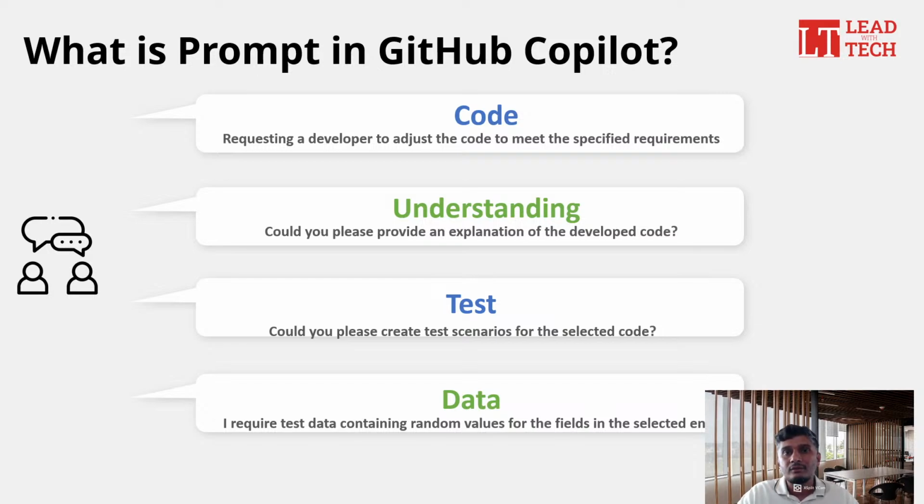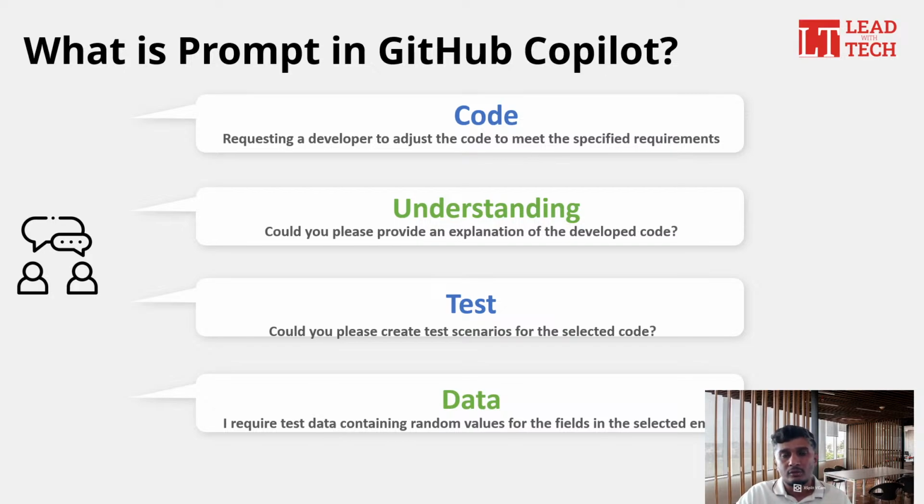And you will also use other developers to help you test the functionality that you have written or somebody else has written. And finally, when you're testing it, you need the test data. How do you ask your test engineer, test automation engineer, or anybody else to create the test data that you need? So now in each of these scenarios, imagine that instead of a developer, you have the GitHub